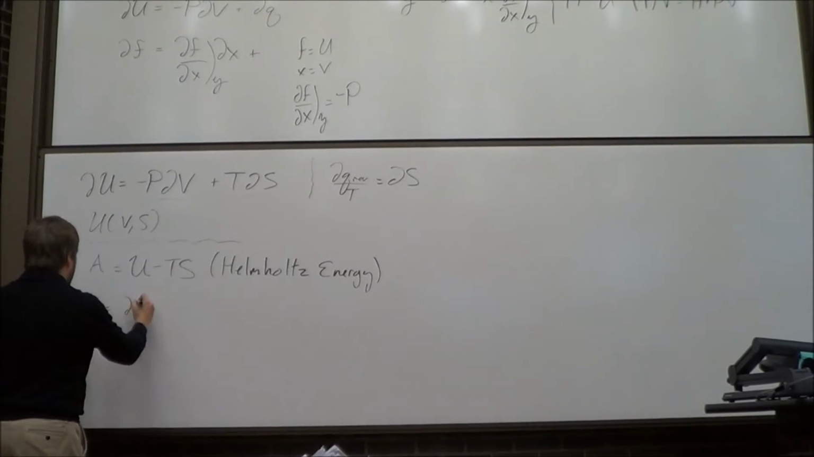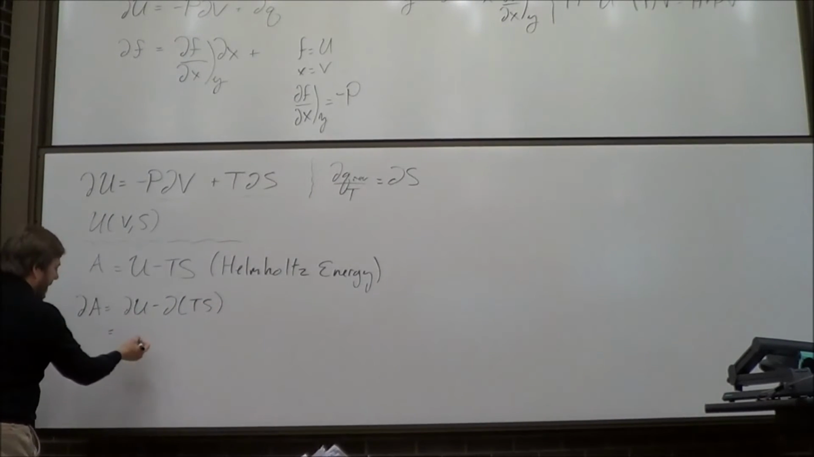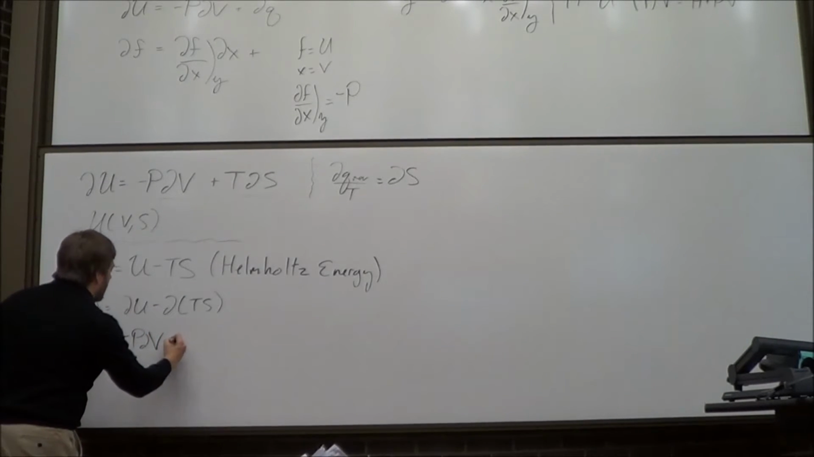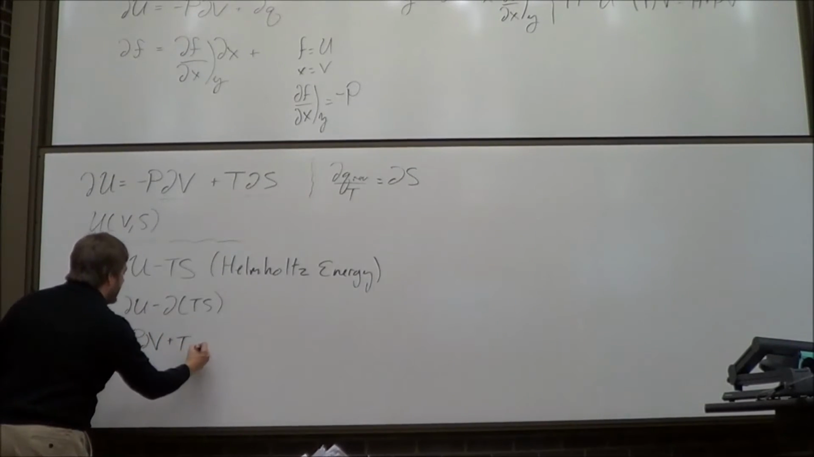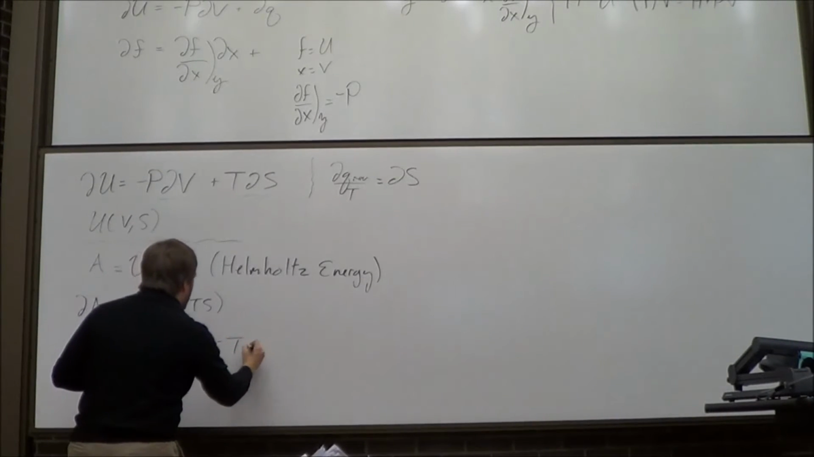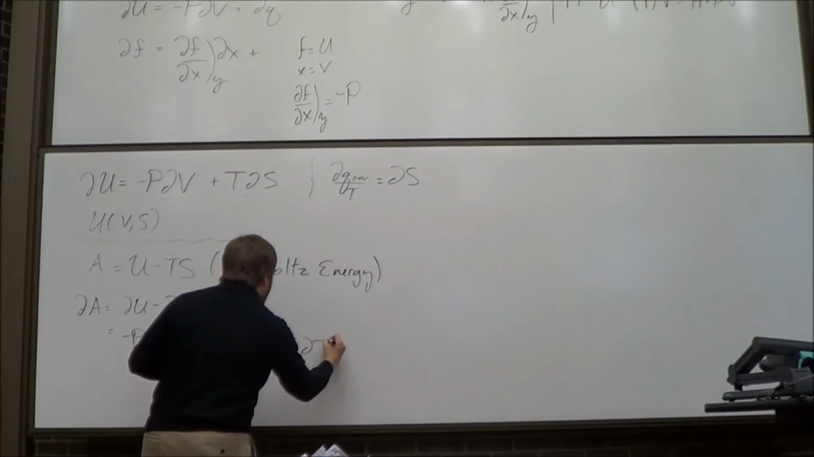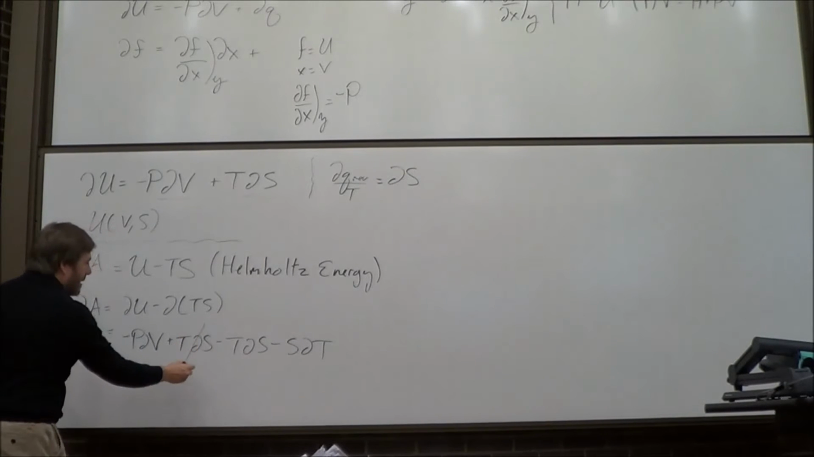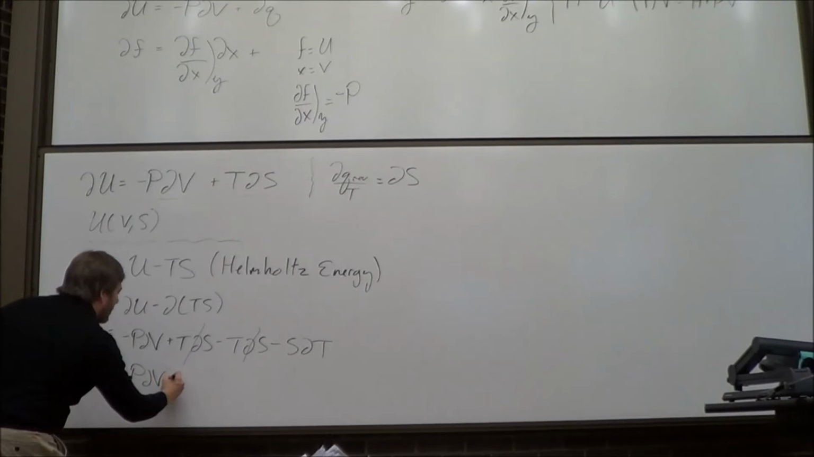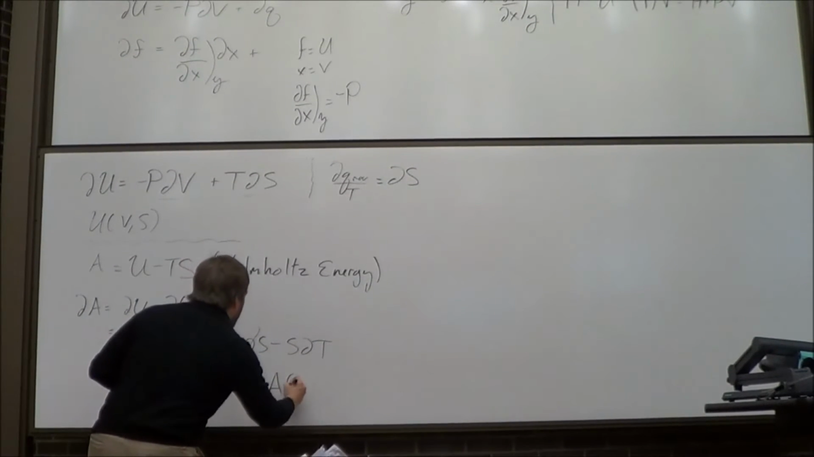And so that's the change in U minus the change in TS. Okay, and I've got this one memorized. That's my PdV plus TdS. Now again, remember I've said many times, you have to make sure you know how to do these product rules, right? Minus TdS minus SdT. So this is minus PdV minus SdT, and therefore A is a function of V and T,